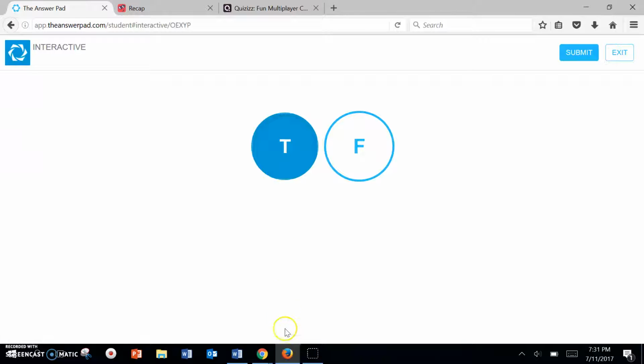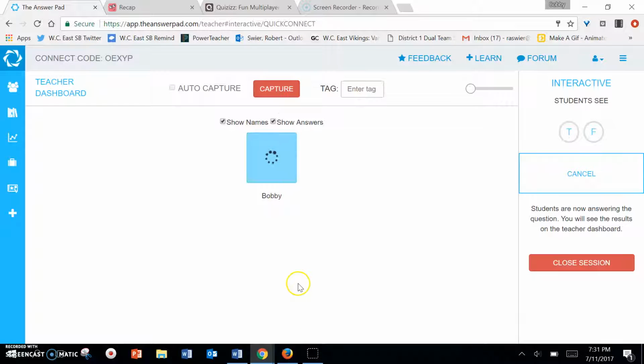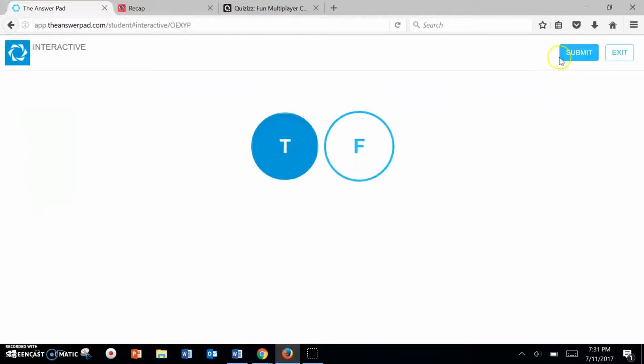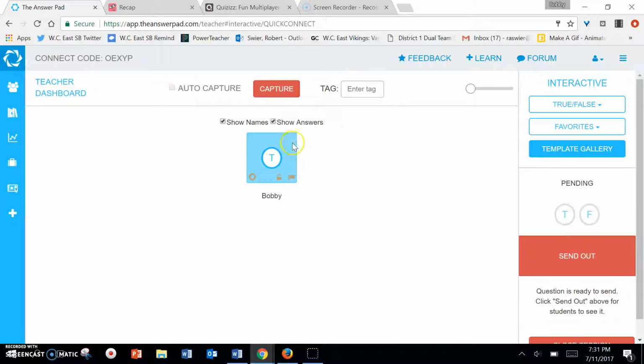And when I come back to the teacher view, once I hit submit, when I come back to the teacher view, I can see that Bobby replied and he replied true. Now, you can also provide a little feedback here with some text and a few things, but that's about